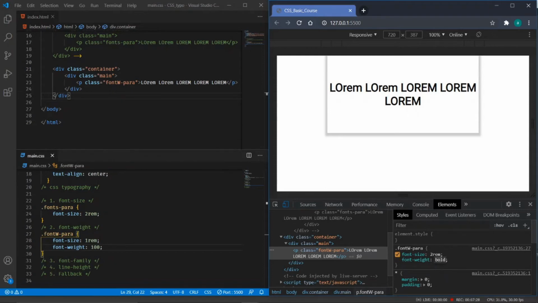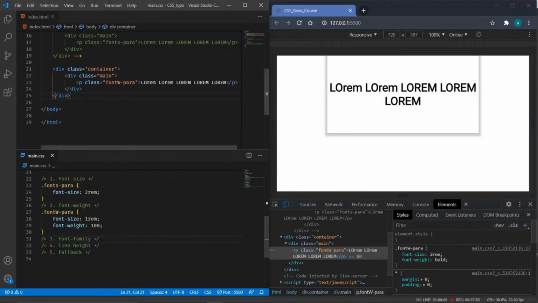But to be noted, there are some fonts which, even if we reduce the weight, will not look lighter. It's just because of the type of font which we are using. So you can play around with the developer tools, and as per your need you can set your font weight.